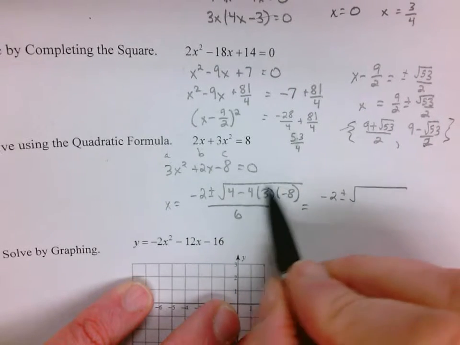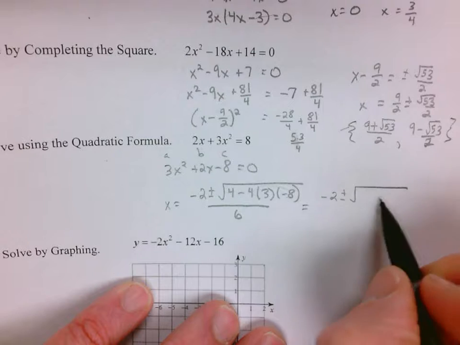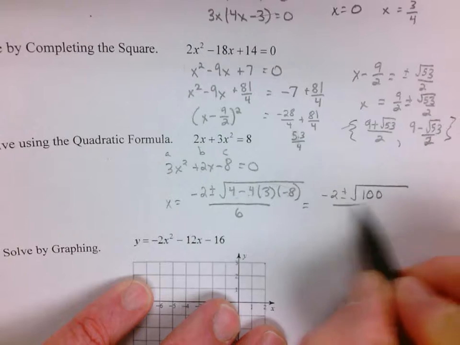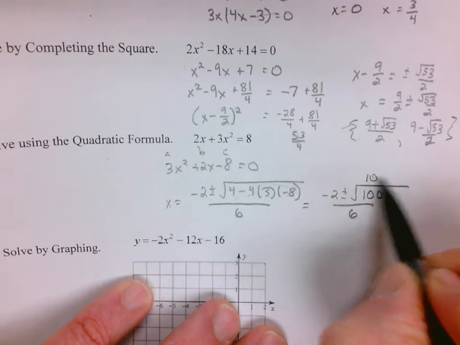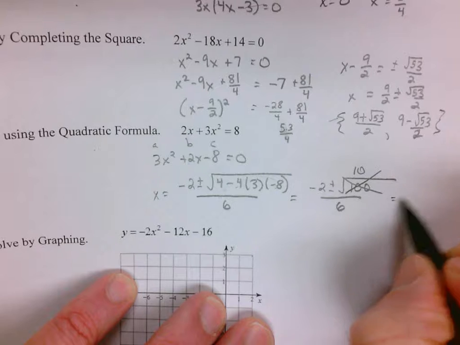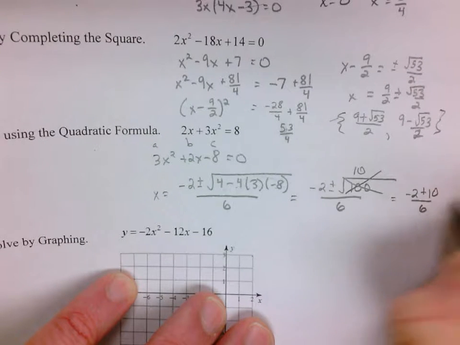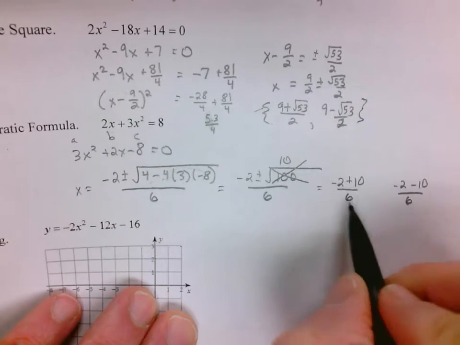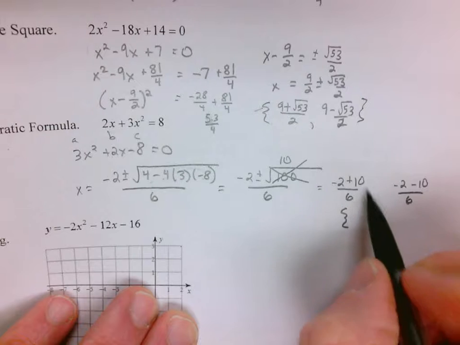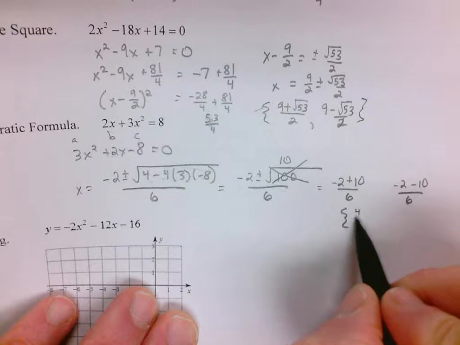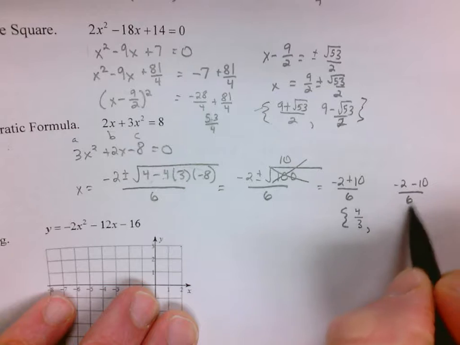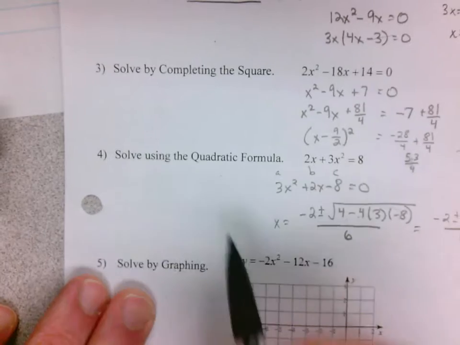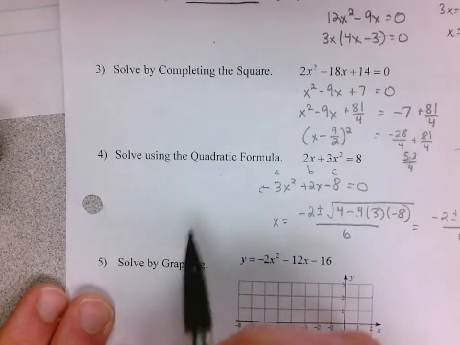This would be negative 96. So 4 plus 96, because I have two negatives, which is 100, which makes this 10. So negative 2 plus 10 over 6, negative 2 minus 10 over 6. This is 8/6, which is 4/3, and negative 12/6, which is negative 2. And that means back here, because of the way those roots turn out,